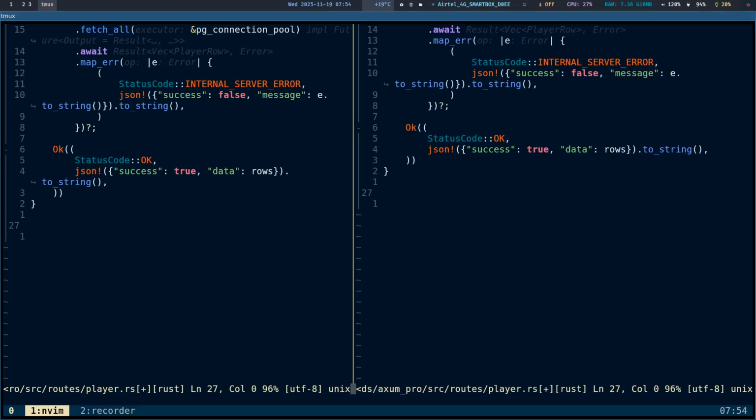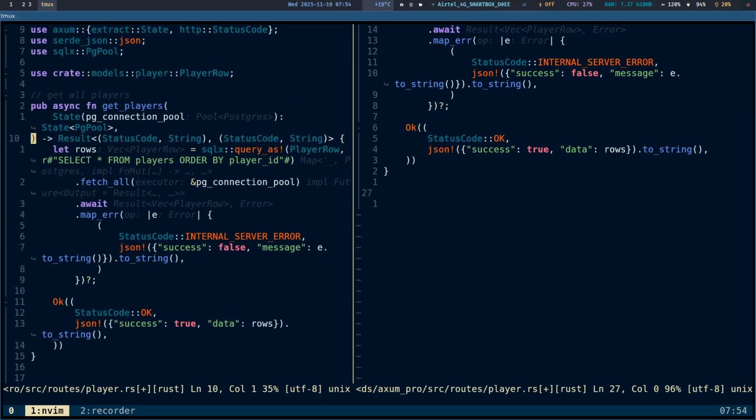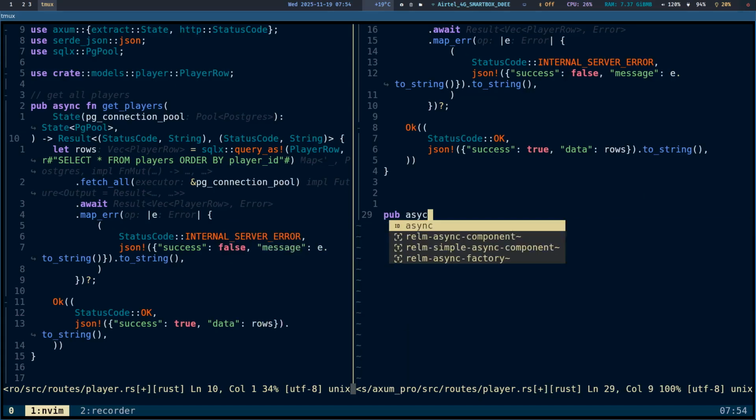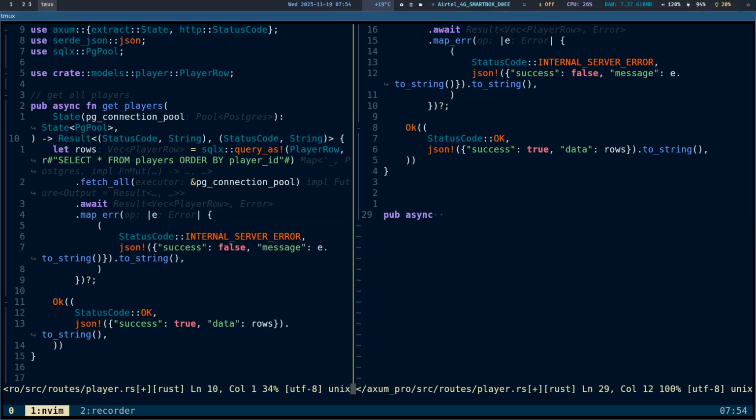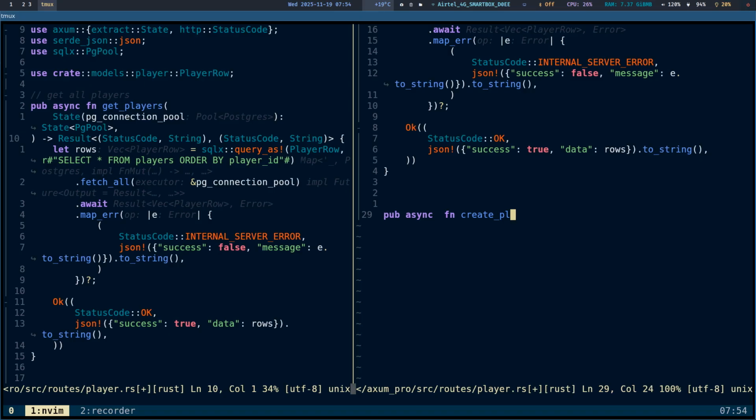Can split this a bit, and let me scroll up. So do public async function. Let's give it create player,